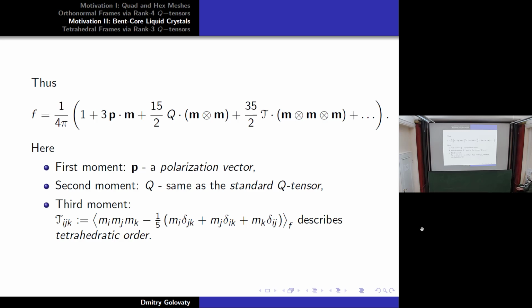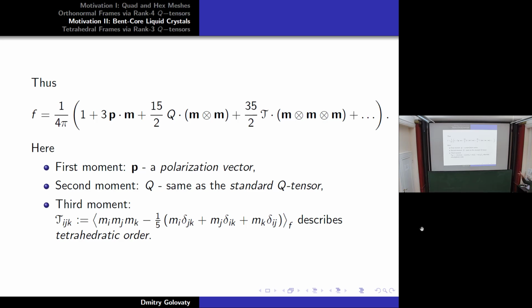First moment is a polarization vector, right? So in this case, it's not necessarily zero. We don't have this identification. I mean, it's more complicated than that, but we can just think about it in this way, that we don't have identification of head and tail. So P is not zero. Q is still the same as a standard Q tensor, and now we have also the third moment tau, which describes a tetrahedratic order,